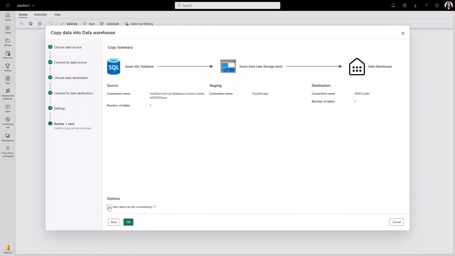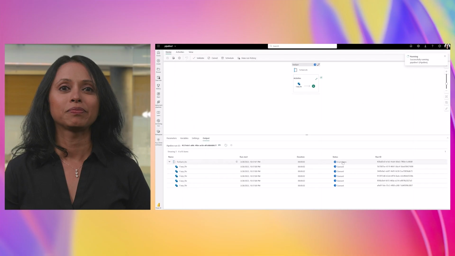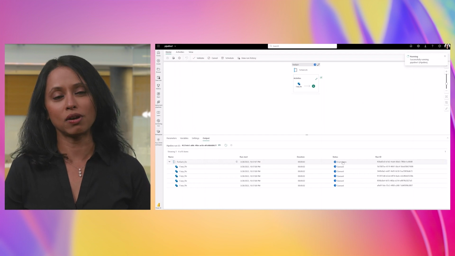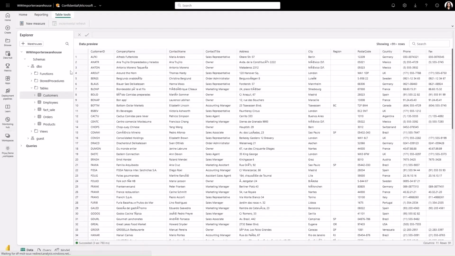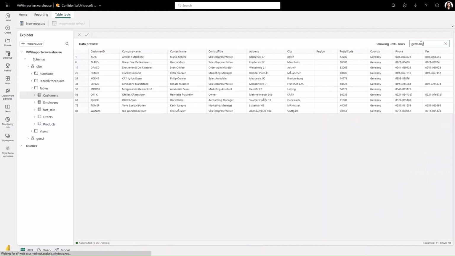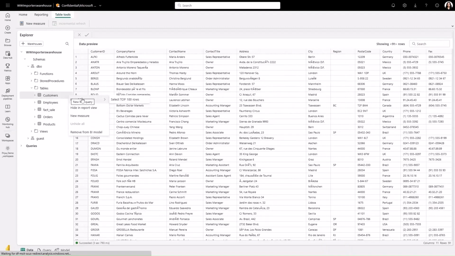I save my pipeline and run it. I can monitor its progress right here. When I go back to the warehouse, I see my tables are automatically created for me. Synapse Data Warehouse gives me a few options to analyze data and write queries. I can filter data in the tables without writing any code. I can also use any of the pre-built templates, such as this one, to right-click and get my top 100